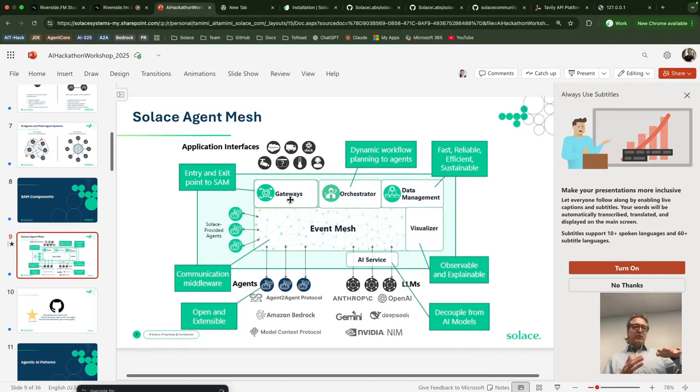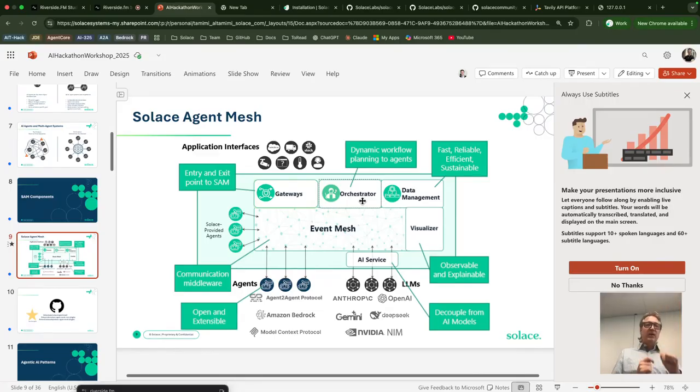Once it enters the system, typically the first thing it does is go to the orchestrator. Now, if you look at other frameworks, they're typically made up of fixed flow orchestration. So you say call agent A, and the output of agent A goes to agent B and whatnot. They're kind of brittle, because if one of the agents gives you back something you're not expecting, then you're sort of dead in the water.